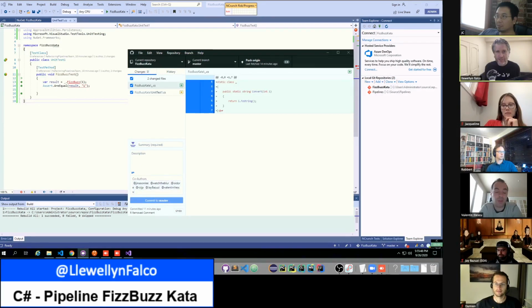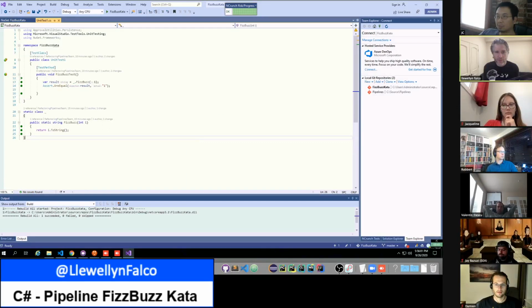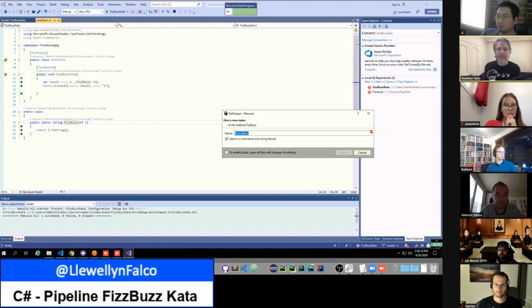Yes. Now go back to the kata. We're going to first go to line 22 and rename this to convert. When I hit F2, is something supposed to pop up? Try Control RR. Yeah, Control RR. Oh, wrong keyboard shortcut. Sorry. Here, type convert. Yep.